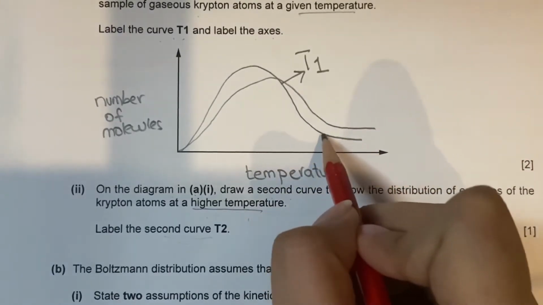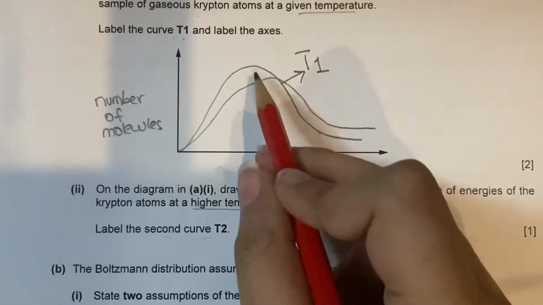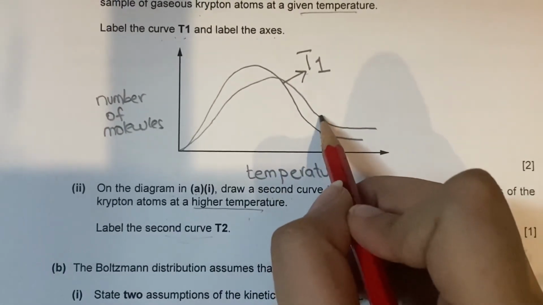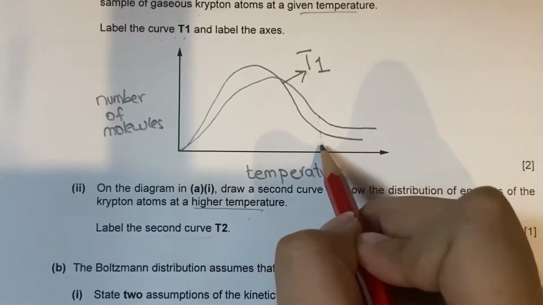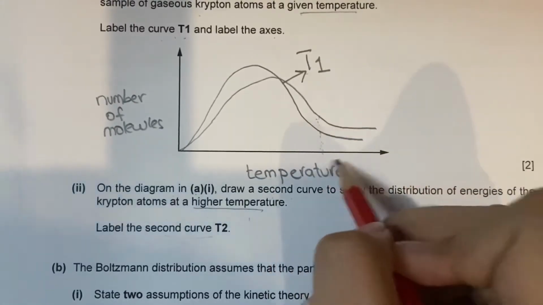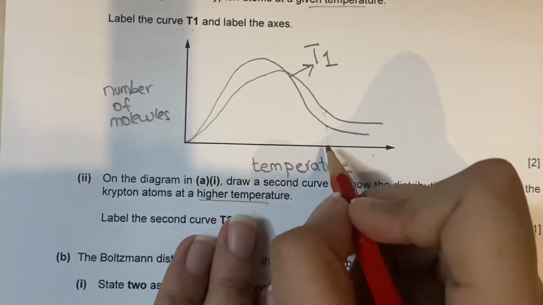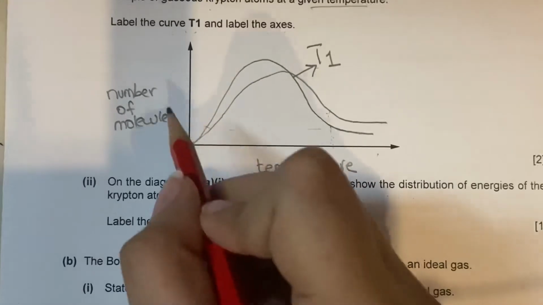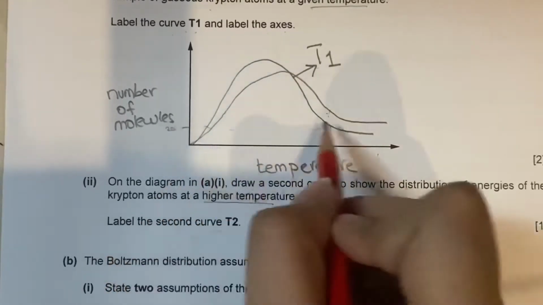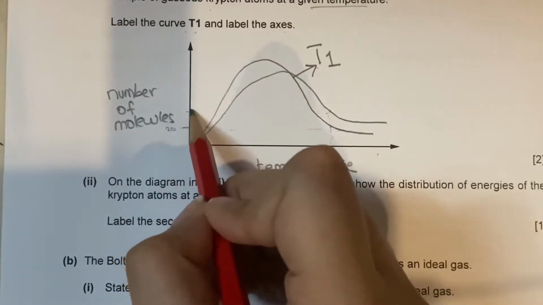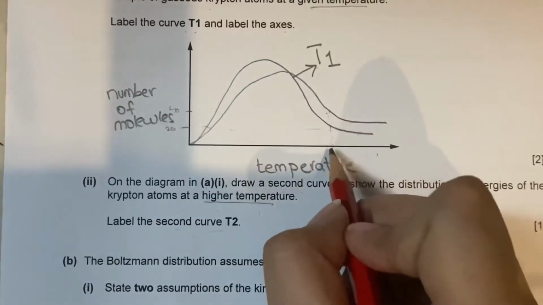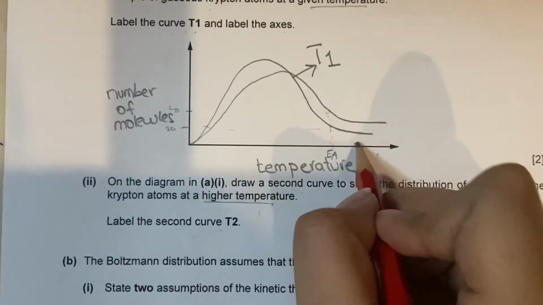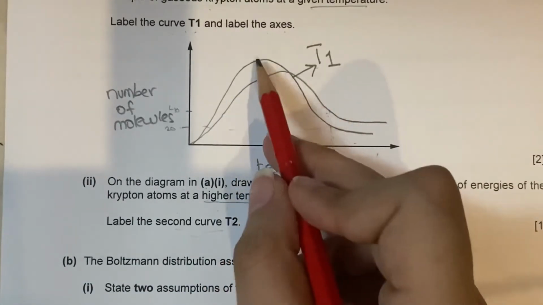Alright, so when the temperature increases, the peak decreases, but the number of molecules with the activation energy increases. So basically, for example, if this is the activation energy for T1, the molecules with energy greater than the activation energy will be greater. So for example, if the number of molecules over here are 20, over here they're almost 40. So same activation energy, but number of molecules are greater, and the peak is lower than this one